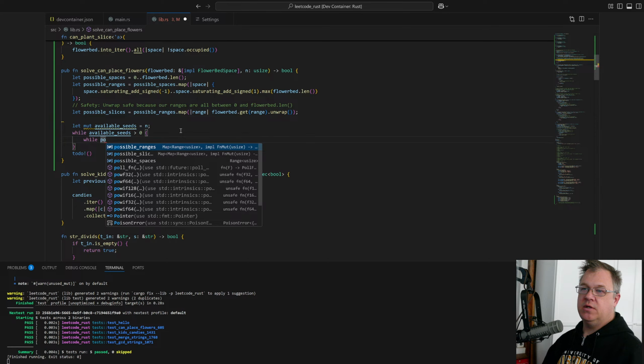I'm trying to think if this problem is actually written such that it could be more beneficial to skip a space, but I'm not sure that that's actually the case.